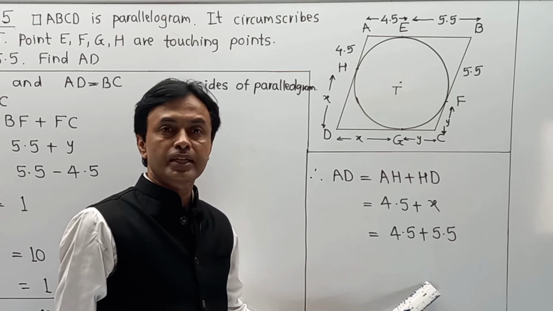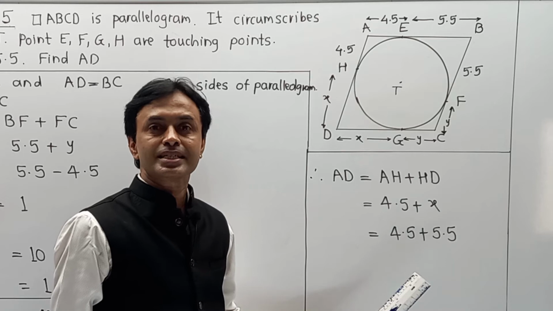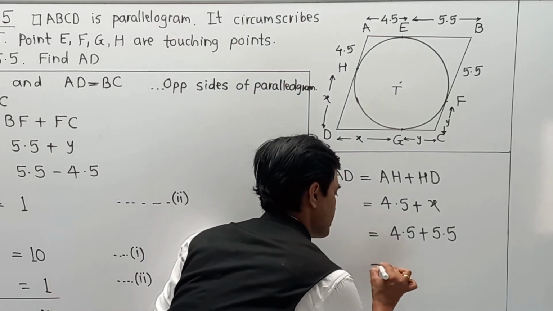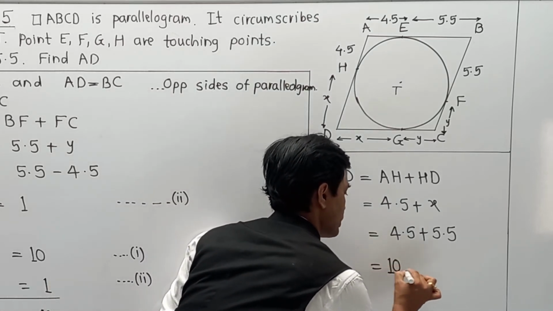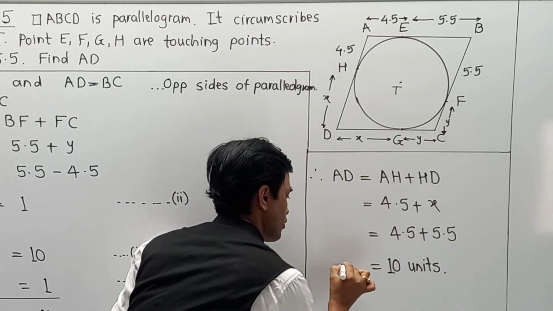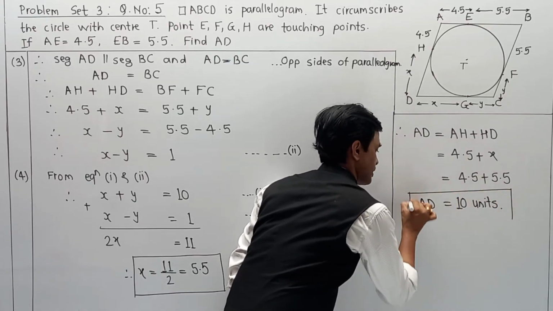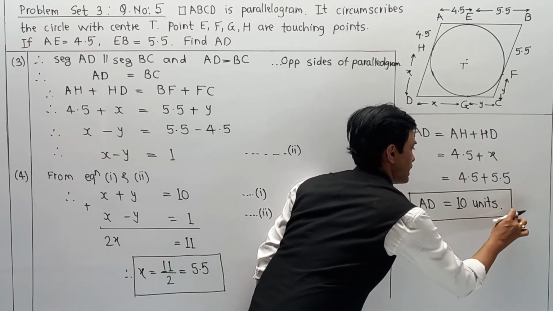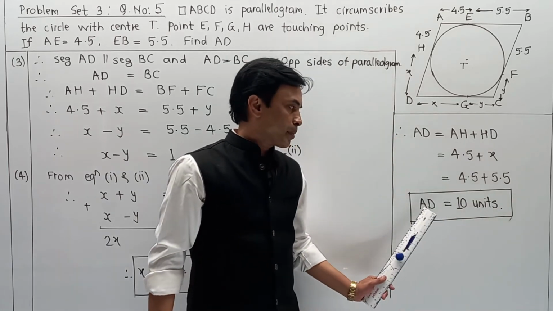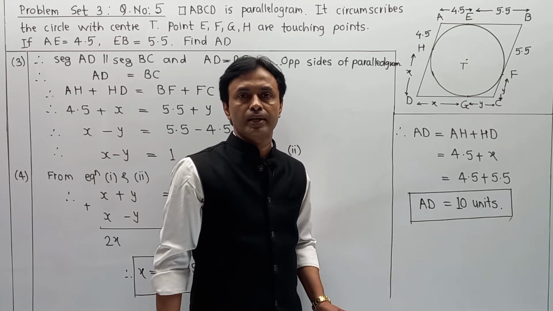So 5 plus 5 is 10, that means 0, and 5 plus 4 is 9, plus 1 carry, that is 10. So this addition becomes 10, and we don't know the unit, so I am writing it as units, and that is the value of AD, or you can say distance AD. In this way we can solve the entire numerical. Remember, AD is equal to 10 units, and in this structural way we are going to solve the numerical.